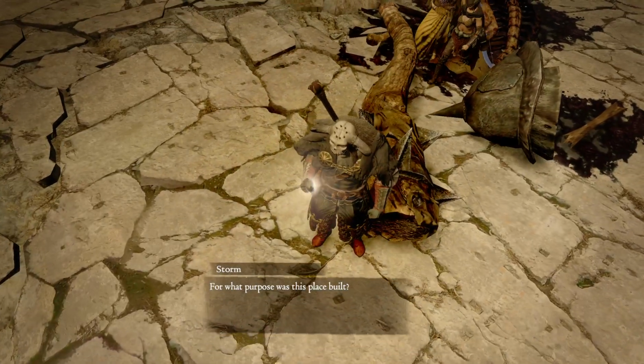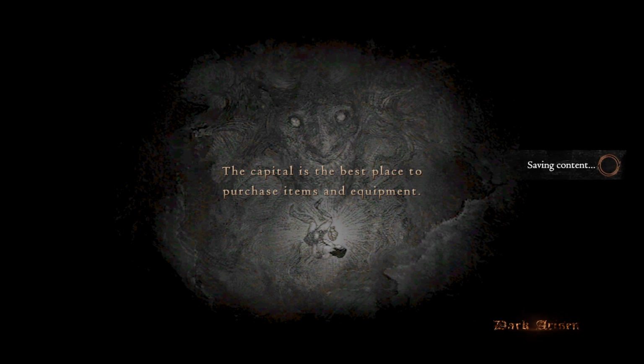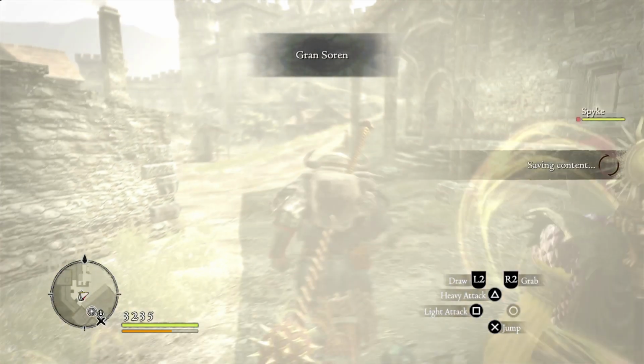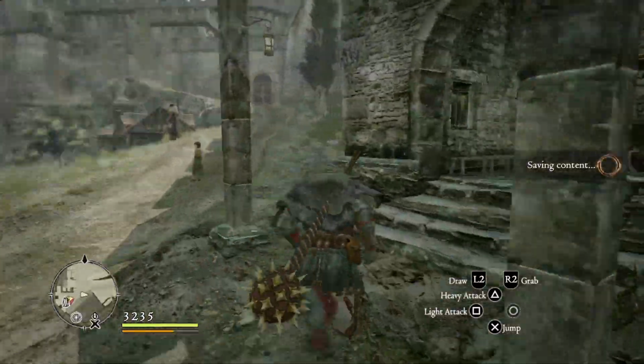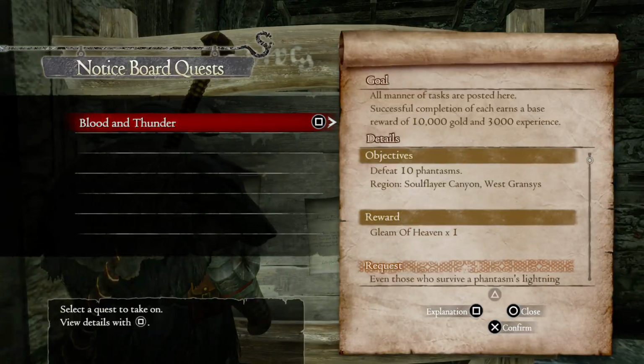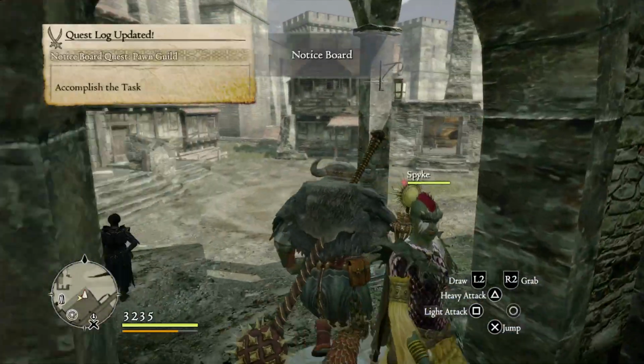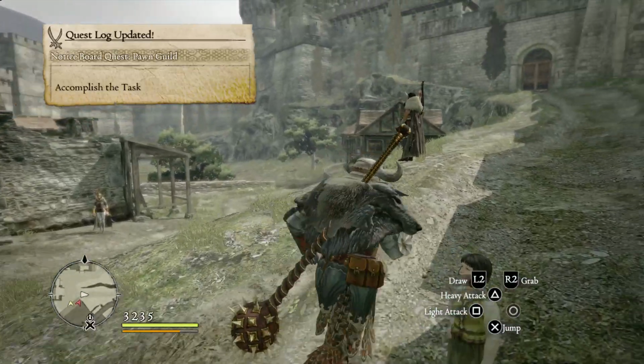And back to Grand Soren again, having done that little questy poo. So there's another quest I'm going to pick up, which is Support Crystal Master. If you come here now and have a look, 10 phantasms in Soulflayer Canyon, which was just it's phantasms. Okay,